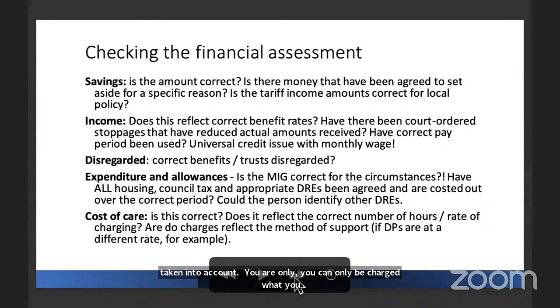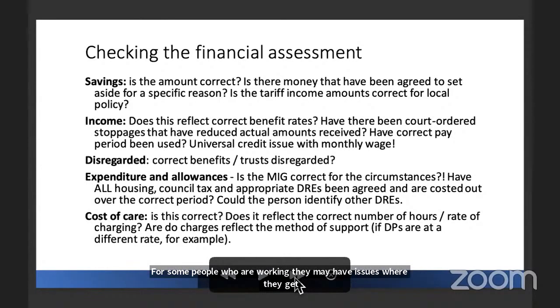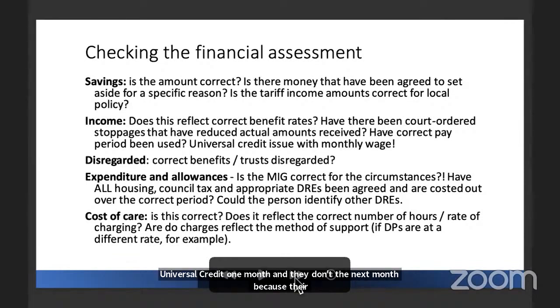So for people with universal credit, this is one of the benefits that can be taken into account. And for some people who are working, they may have issues where they get universal credit one month and they don't the next month because their wages are paid every 4 weeks. If you have income that must be disregarded, and again, that's all in Annex C of